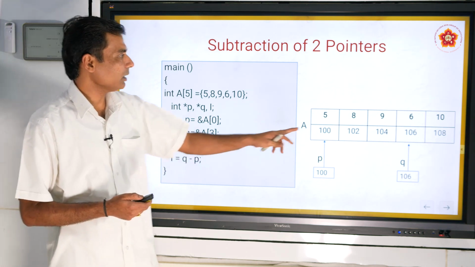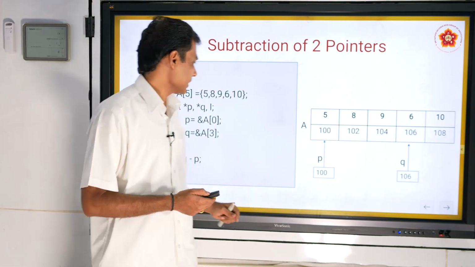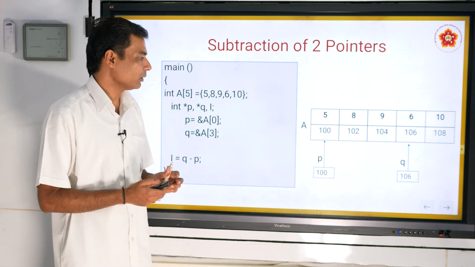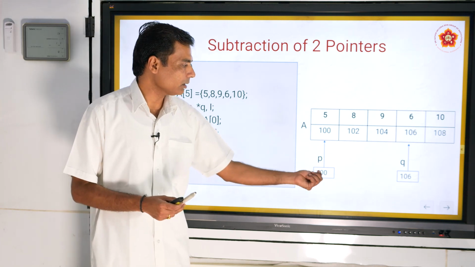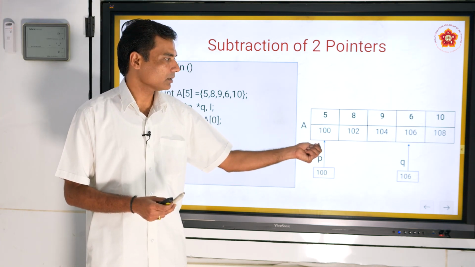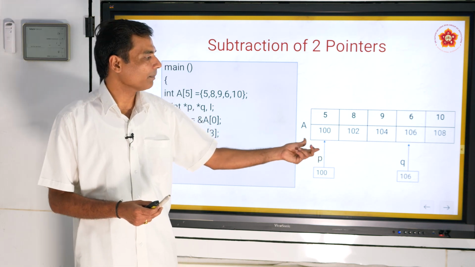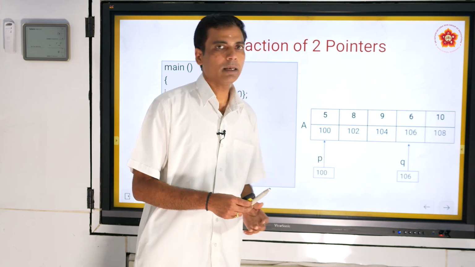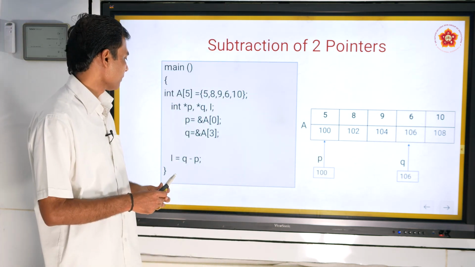So it is actually the fourth element, 6. So pointer p is made to point to the base address, that is the first element of the array, and pointer q is made to point to the fourth element in the array.